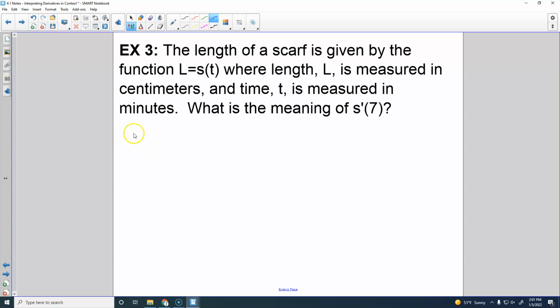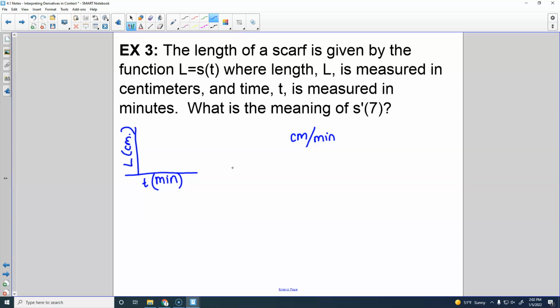So, see, time is minutes, right? And it is on the x-axis. And length is in centimeters, it's on the y-axis. So when we do S prime, it is centimeters per minute. So S prime of 7,